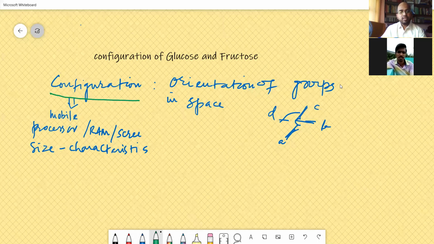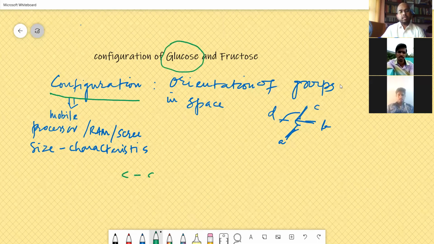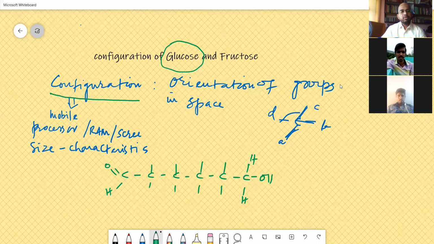We'll first choose what is the glucose. So we have established it has got 6 carbon atoms. It's a 6 carbon atom compound with an open chain having an aldehyde group at the top. So here is what we have, the general formula: H, OH, H, OH, H, OH. So I'll write OH here and H at the bottom. So this is the general formula that we have established for the glucose.